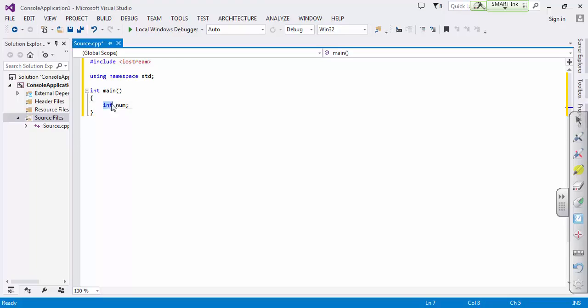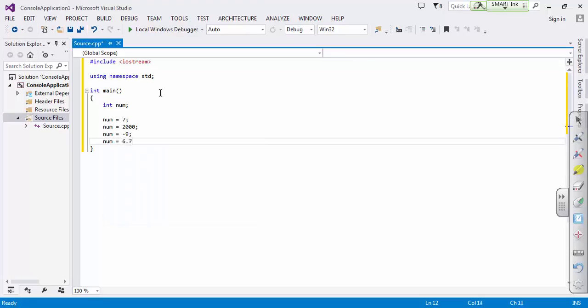Int is a word that specifies what type the variable name coming after it is going to be. So in this case, like I said, we've created a variable named num, and it is of type int. Int is short for integer, and what that means is that num can hold any whole number. So it can hold 7, num can hold 2000, num can hold -9,